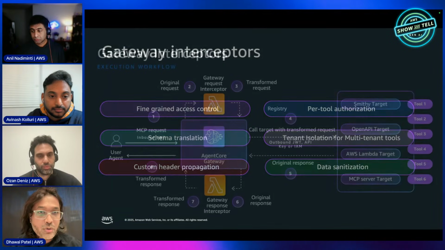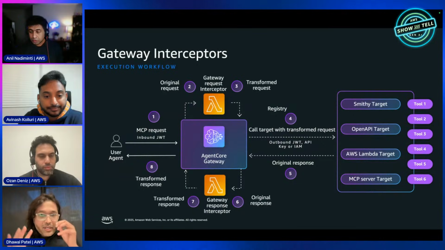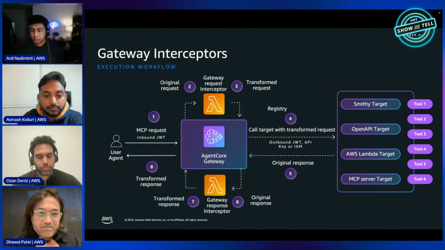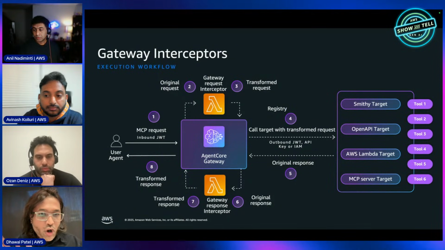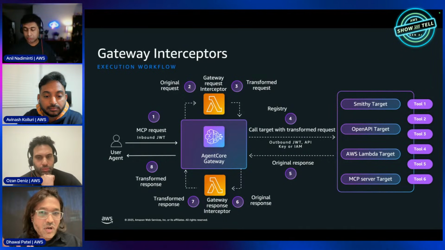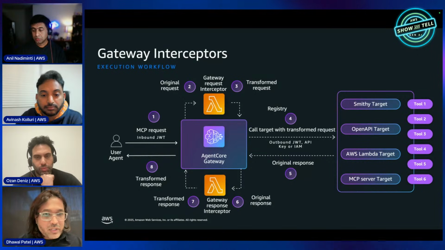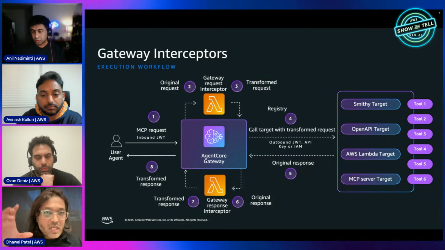We're going to show you how we implement fine-grained access control using gateway interceptors. Here's a quick overview of how it works. You have this AgentCore Gateway, and then you have these logical groupings of the downstream systems in the form of targets. You can convert your existing open APIs into MCP tools, which is shown as an